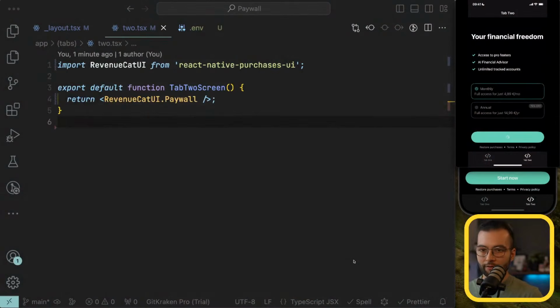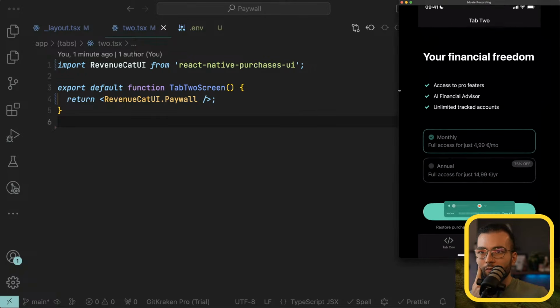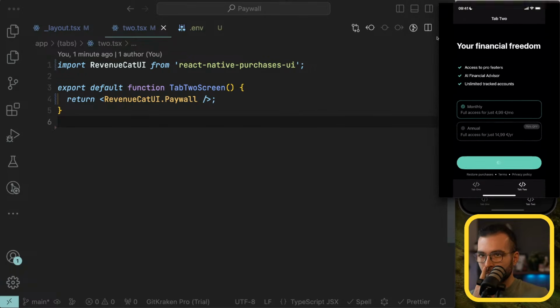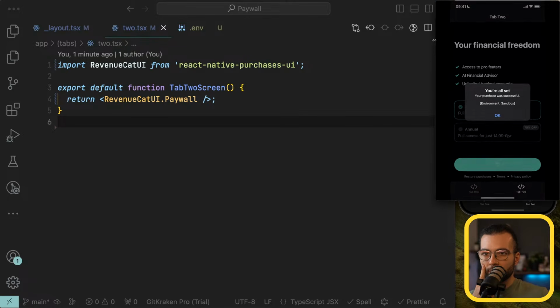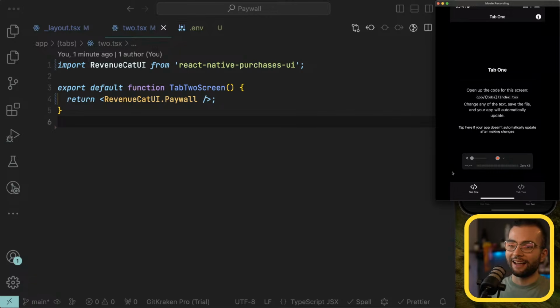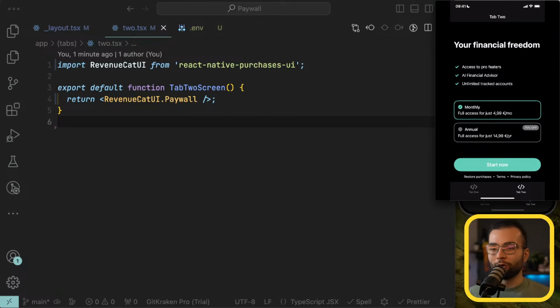Oh no, I don't know the password, but I tested it. Okay. After that is done... You're all set, your purchase was successful, environment sandbox. Okay. That's it. That's how easy it was to add this paywall here and how we can manage and create